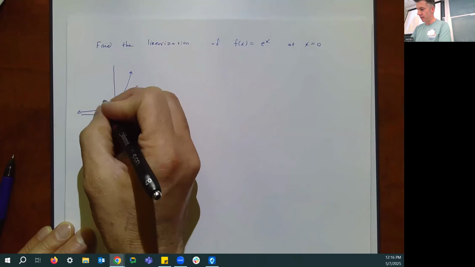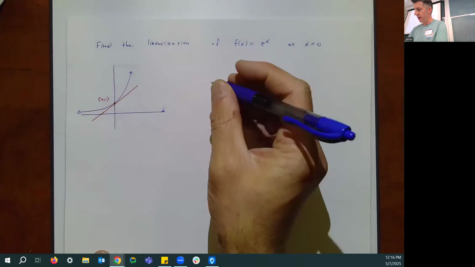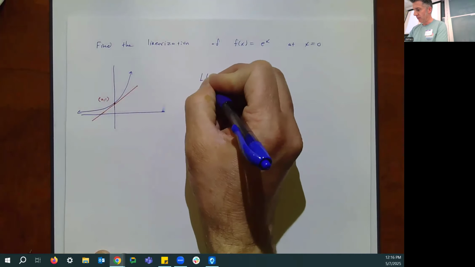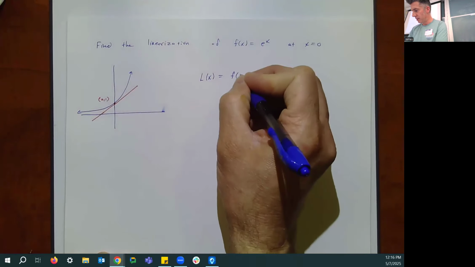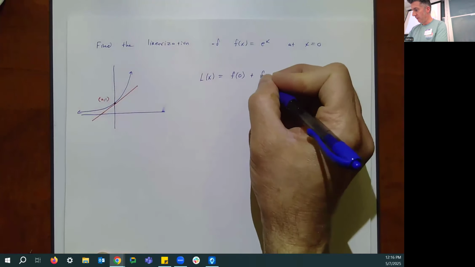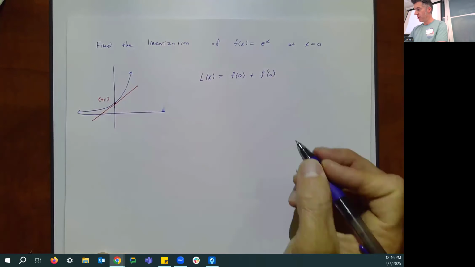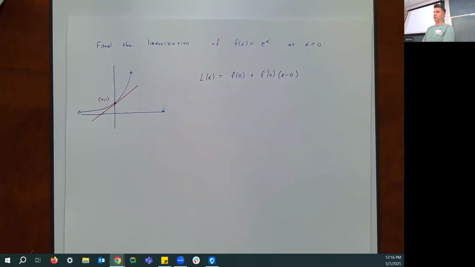Well, that point there is (0, 1). And what I really want here is that my linearization L of x should be equal to f of 0, the y coordinate, plus f prime of 0, the slope, times x minus 0, which is x minus the x coordinate. It's just your usual,